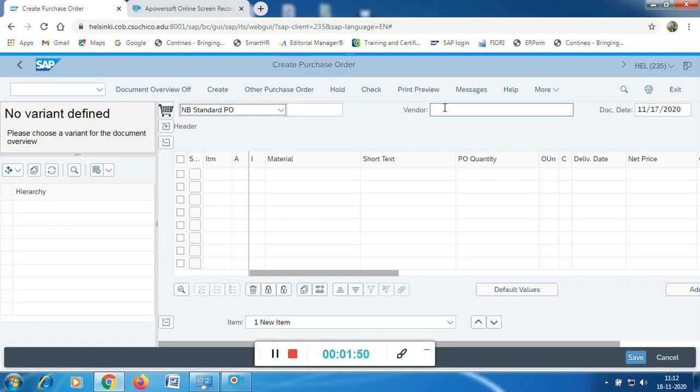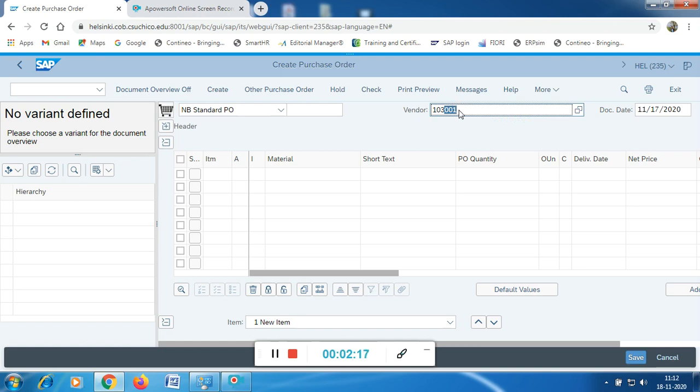As soon as you give an enter, it will take you to the create purchase order screen. Again, you don't need to create a vendor. We'll be taking a vendor which is already in the database. One such vendor is Dallas Bike Basics. The code for that vendor is 103 followed by your 3-digit number. My 3-digit number is 001, so I'll be taking this vendor number. The last 3 digits stand for your login number.